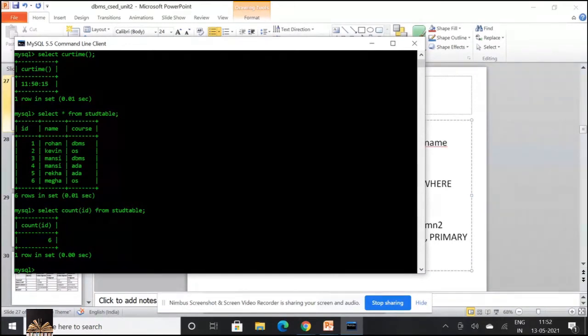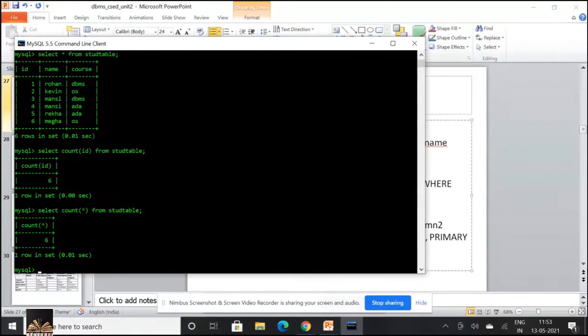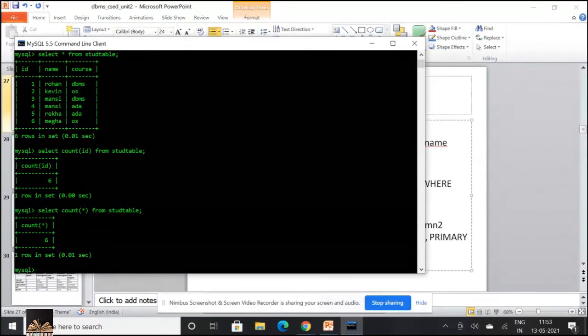Okay. And you can work with distinct here also. You can combine count with distinct, all that stuff you can do. We'll do it in the next classes to come. So this is the way you're going to work with count. And you can even work with something called count of star. It also gives you a value 6 because there are only 6 rows in the table. So count of star is with respect to the whole table. Star means all.